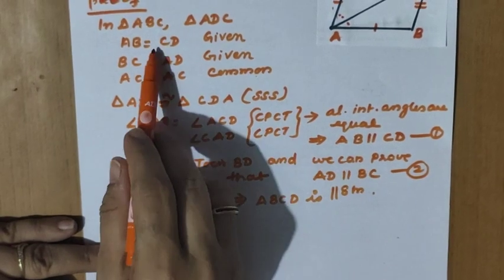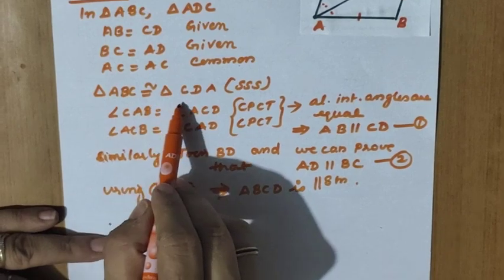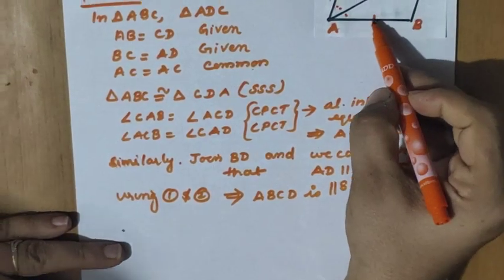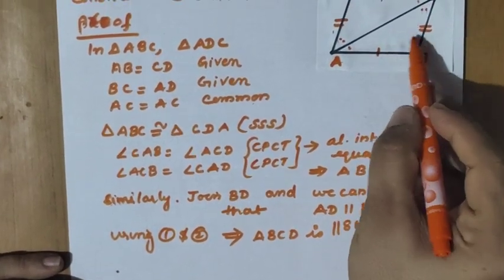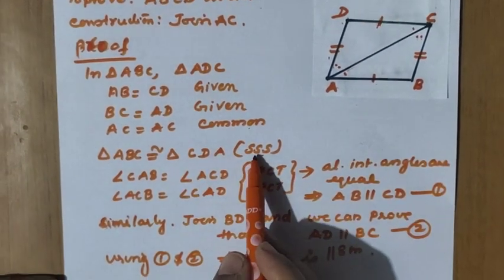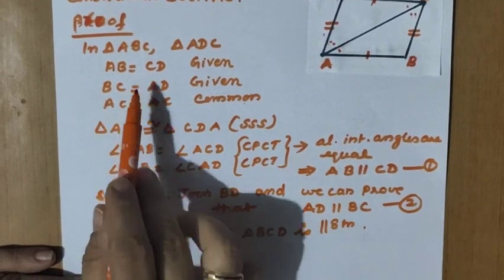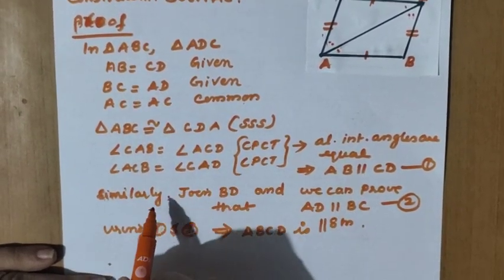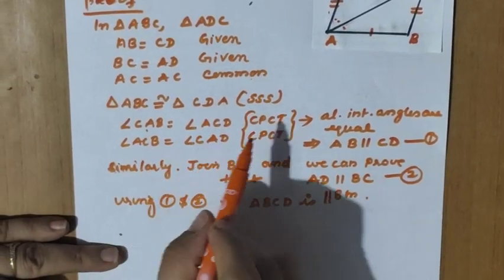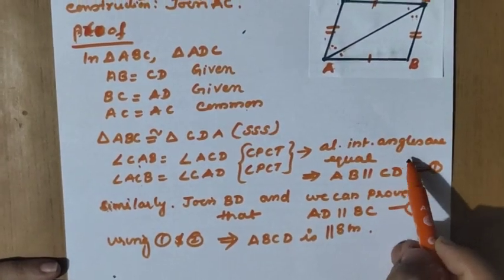Okay, so the three sides equal criteria we have used. So triangle ABC congruent to triangle CDA, because in the question itself it is given that in the quadrilateral opposite sides are equal. So the third side as common we can take. So SSS criteria, these two triangles are congruent. Now what we can write, already three sides over, only angles left for CPCT. We are taking that A equal to C and C equal to A. If you check in the figure, both pairs are alternate interior angles only.